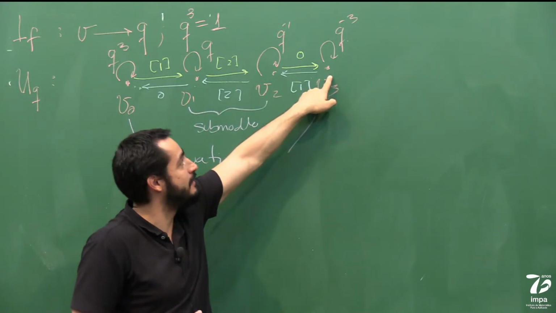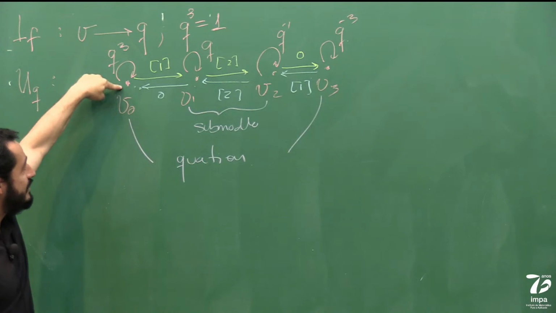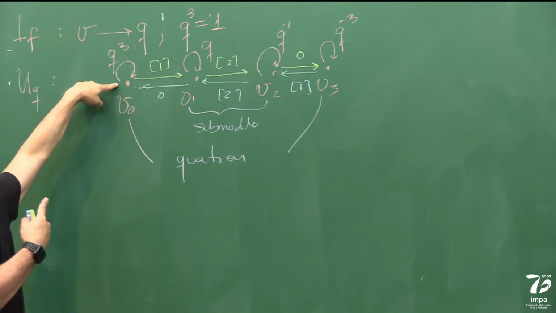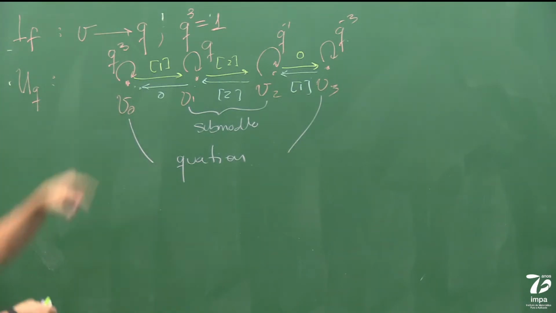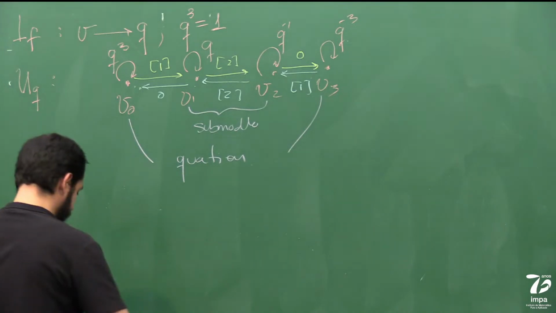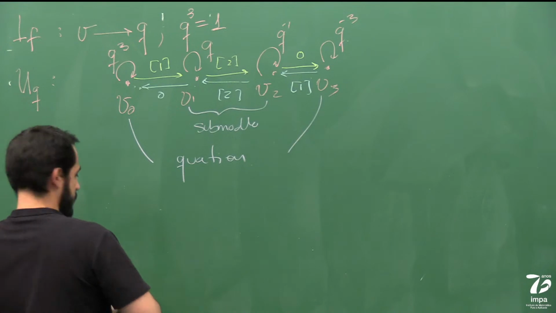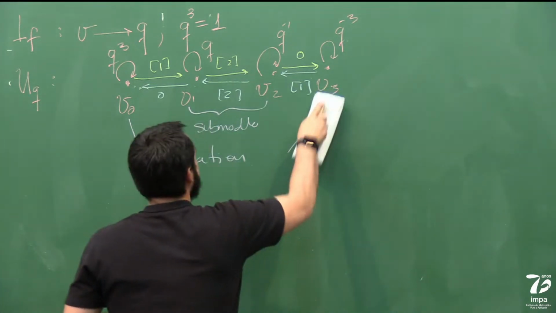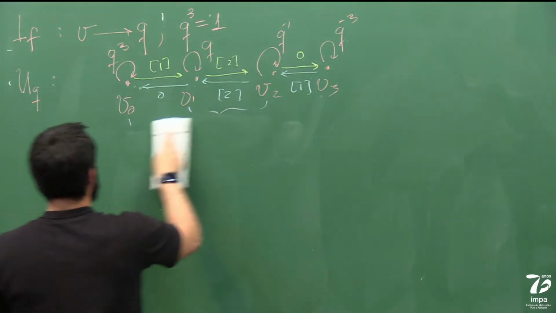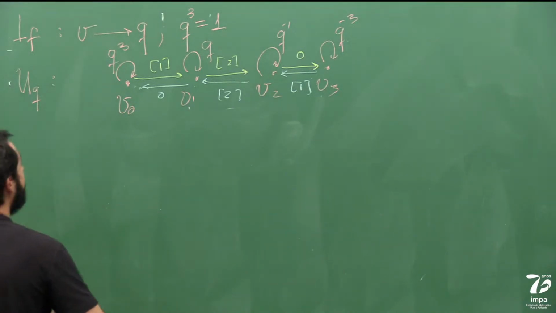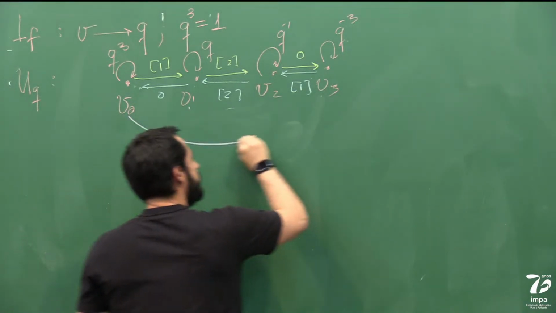You need something extra. What I'm saying is this guy doesn't generate the module if I just think in this picture. But if I add the new extra generators, which are the divided power generators, let me just erase these lines for a moment. If I add the divided powers, I can jump